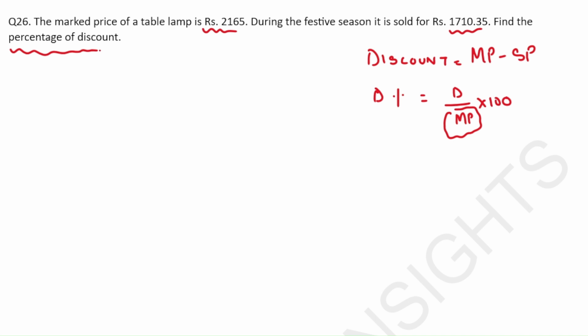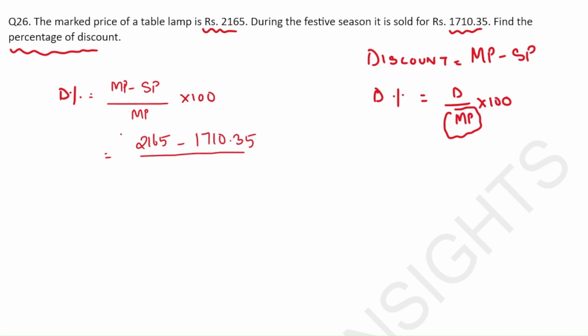So in this question, you have to find a discount percentage. So discount percentage is equal to, discount is mark price minus selling price, right? So MP minus SP divided by mark price into 100. In the question, the mark price is given, that is rupees 2165 minus selling price, 1710.35, divided by mark price is